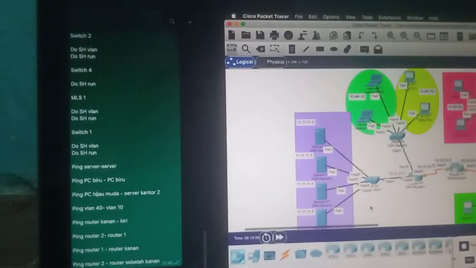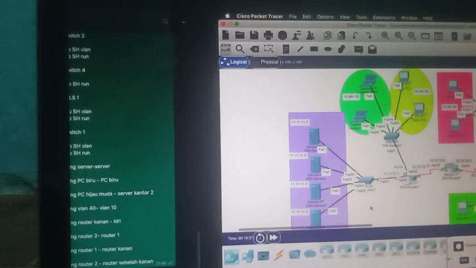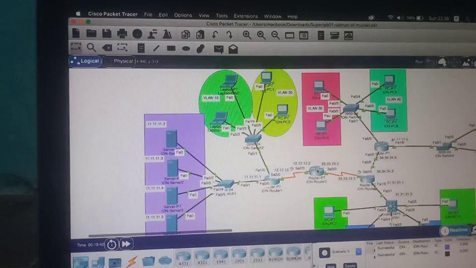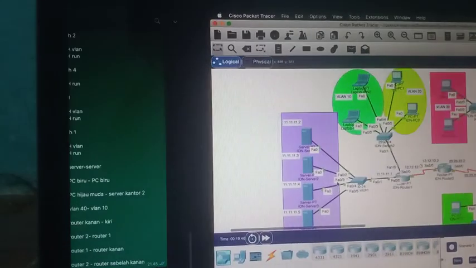And router 2 to router, the last is router, and it is successful.